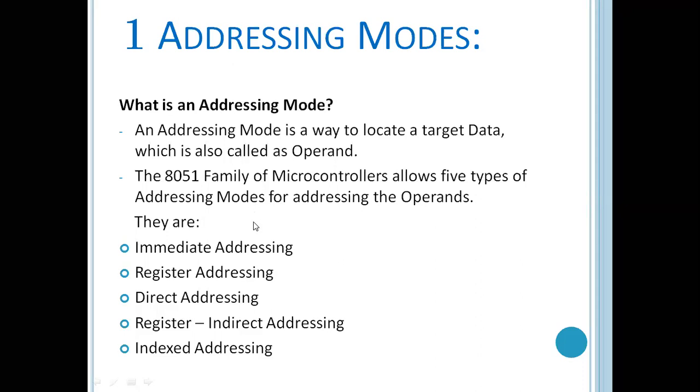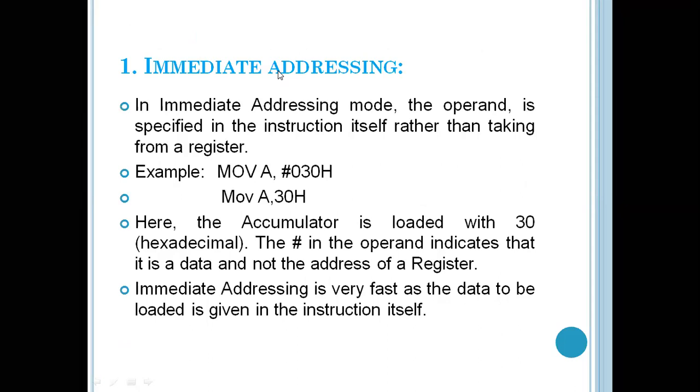Now just take a look. In yesterday's lectures, we have already seen the immediate addressing mode. See, in the immediate addressing mode, what happens? Whatever the data on which we want to perform the operation, in technical words, it is called an operand. In immediate addressing mode, the operand is specified in the instruction itself rather than taken from the register or the memory locations. So in this, we are not going to deal with data from the register or memory locations.